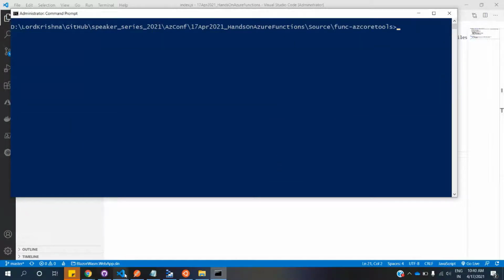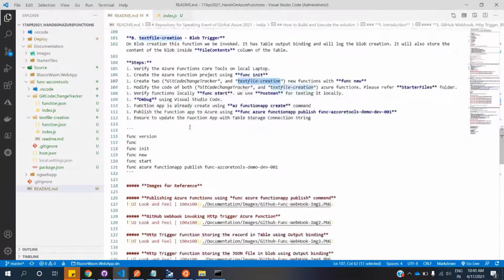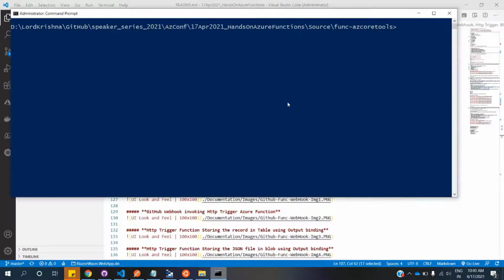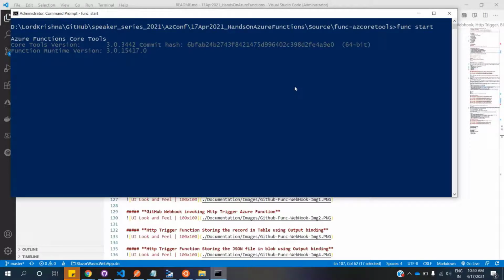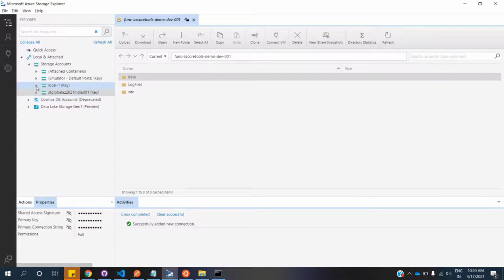Okay, so let's quickly go ahead and execute this one to see how it works locally, and we can do debugging also here. So let me go ahead and do a func start. The moment I do func start, it executes this, and let's see what is happening inside this local.